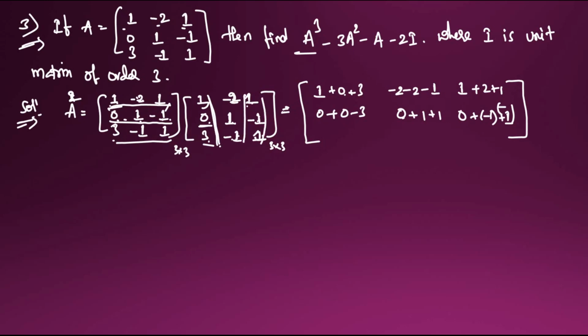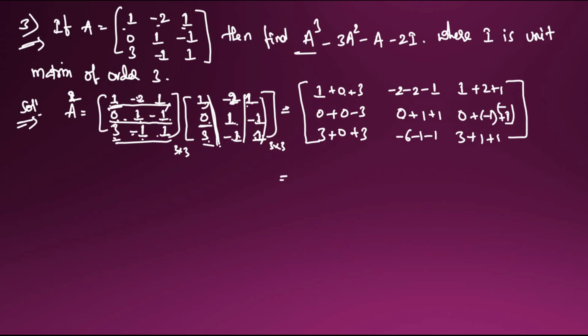So again 3 into this row, into these totals, no? So 3 into 1, 3, plus -1 into 0, 0, plus 1 into 3, 3, plus 3. And 3 into 2, 6, -6, -1 into 1, -1 here will come. 3 into 1, 1 into -1 will come here, -1. Again 3 into 1, 3, plus -1 into -1, plus 1, okay, 1 into 1, 1.